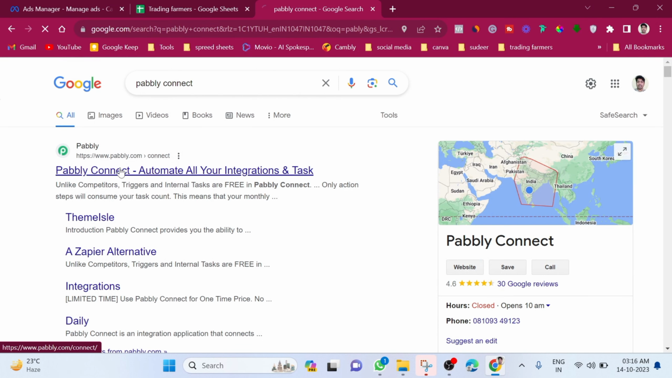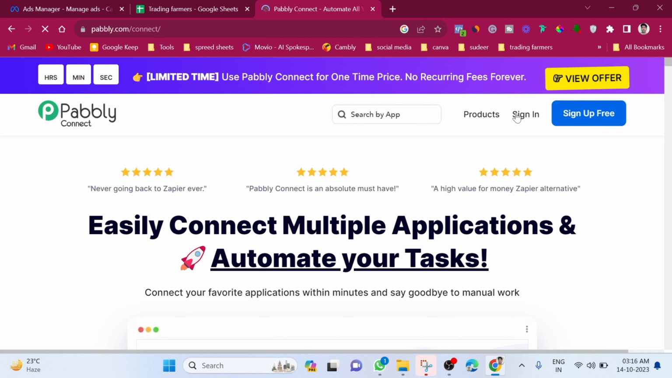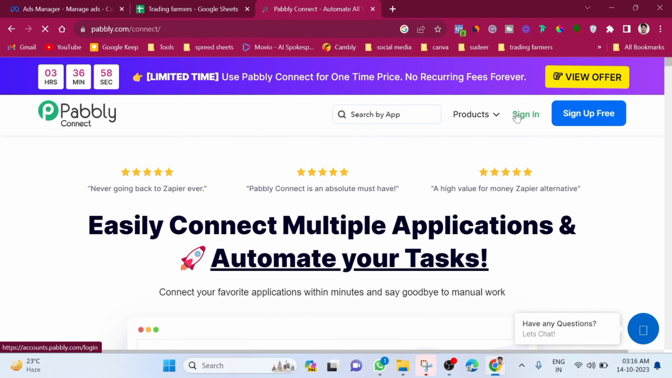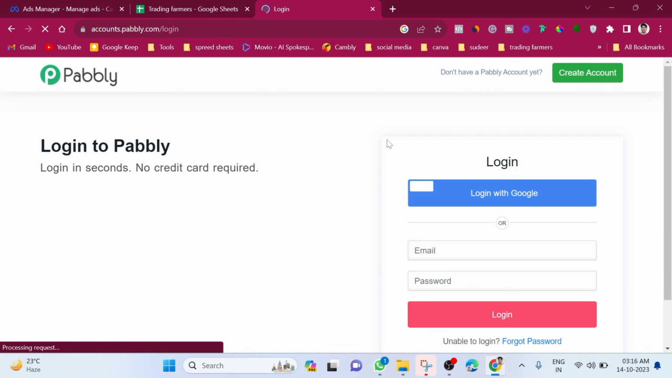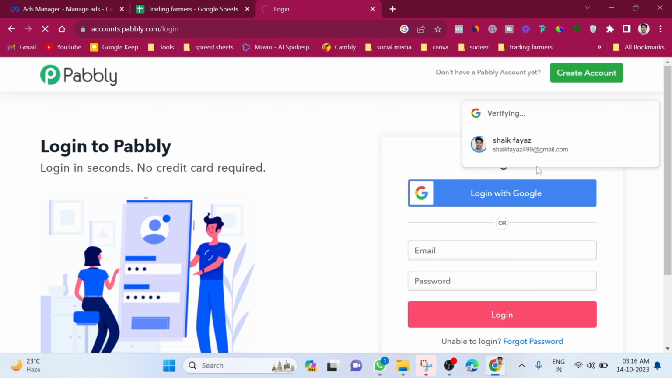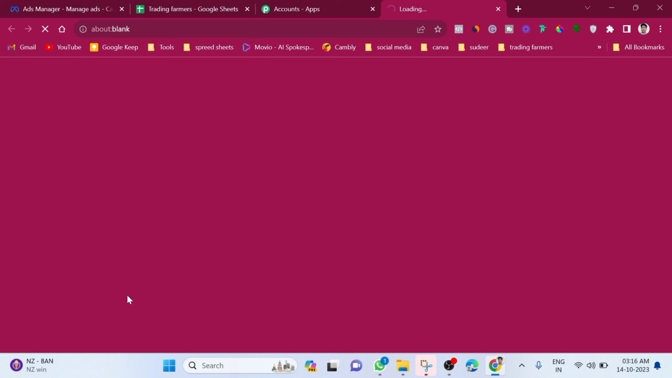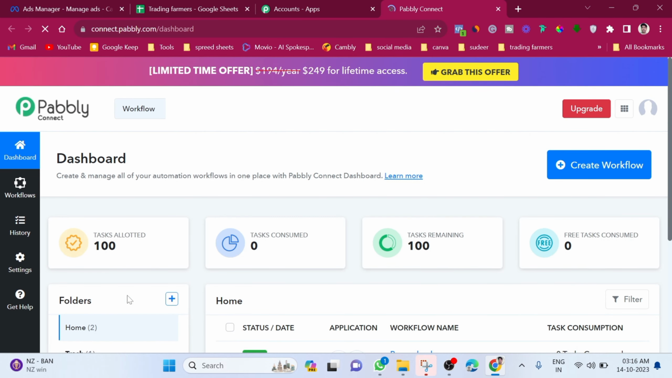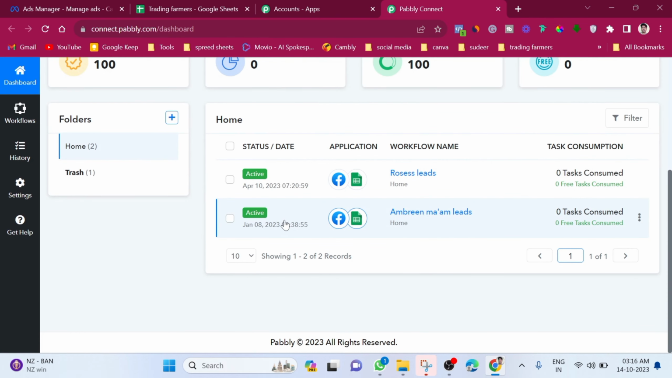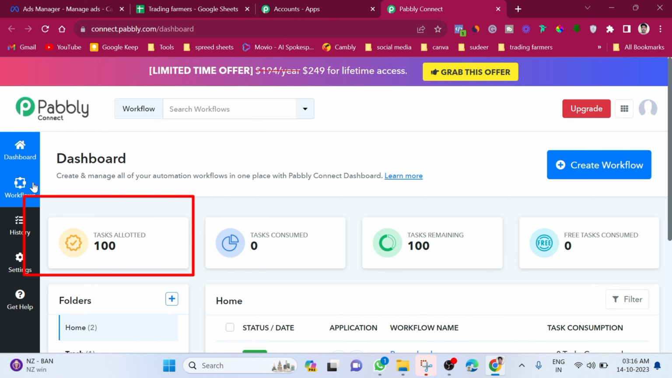Search on Google Pabbly Connection and go to the first website, pabbly.com. If you are new, you just have to sign up for free. I already have an existing account, so I'm just clicking sign in. You just log in with your Google, that would be better. So click continue, and here we can just log in. You can see Pabbly Connection access now. Click that button, so you will be redirected to the dashboard, and you can see it is allowing us to take 100 tasks, right? So click create flow,